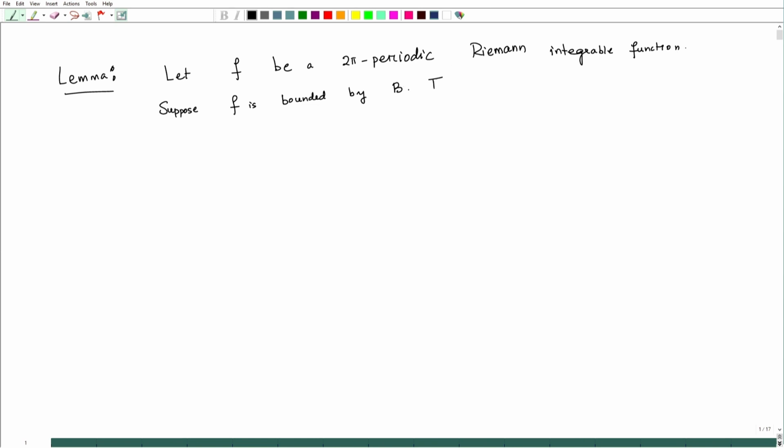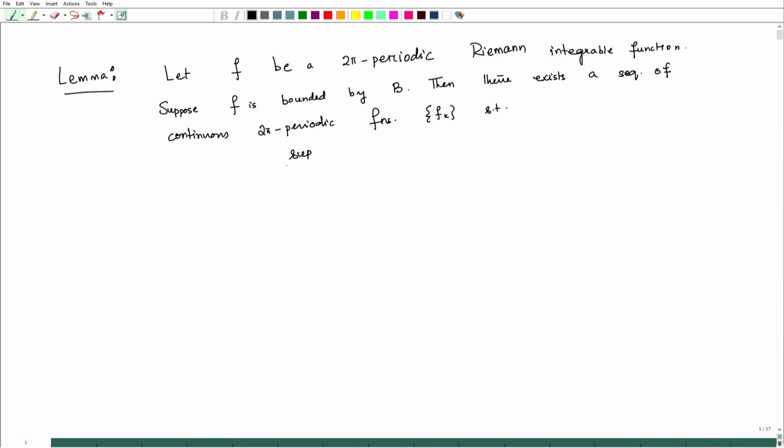Then there exists a sequence of continuous 2 pi periodic functions f_k such that